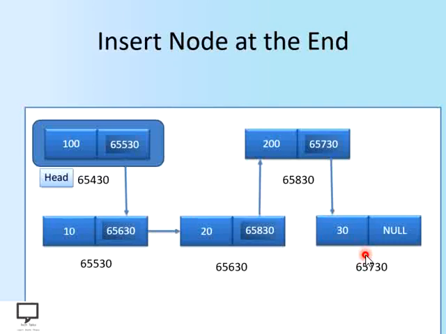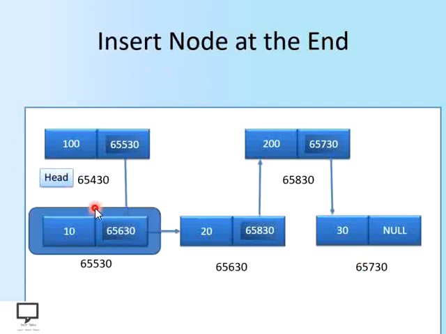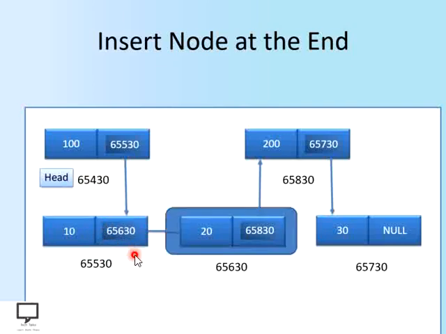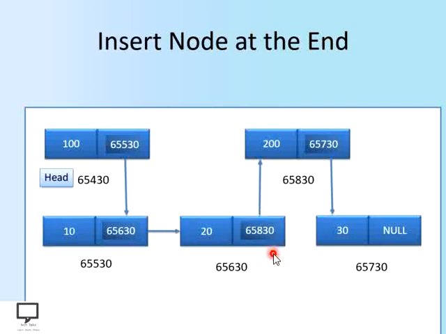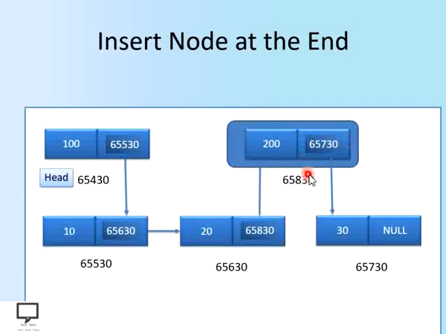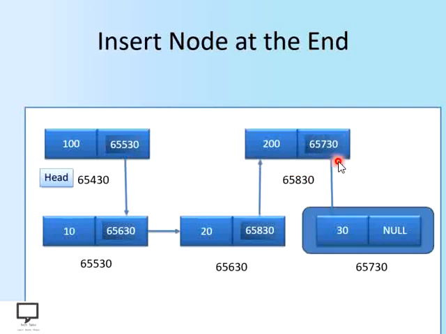So now let's compare with the next field of this particular node, the current node. No, it's not equal to null. Let's move forward. Whether its next field is equal to null? No. Let's move forward. Whether this next field is equal to null? No. Let's move forward. After moving forward, whether its next field is equal to null? No. Let's move forward. Now focus on this node. Whether its next field is equal to null? Yes, its next field is equal to null.